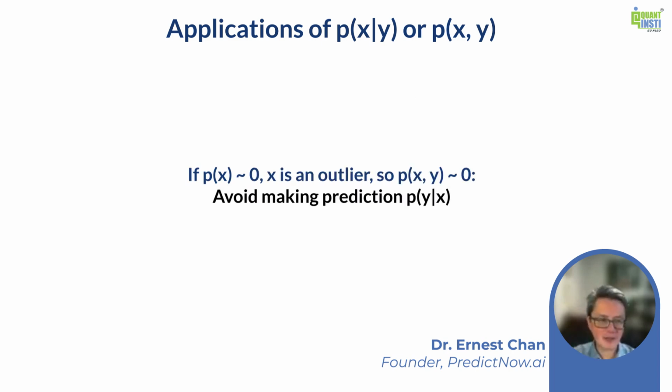So if P of X is nearly zero, that means, sorry, but you have not trained your model on these kinds of outliers. Well, P of X and Y will be close to zero. We don't have that probability. And so if that's the case, we won't trust any prediction of P of Y given X. You just haven't seen this X. Why bother to have a conditional distribution of P of Y? It's misleading. Right? It's good, it tells you that you shouldn't trust your machine learning model, but